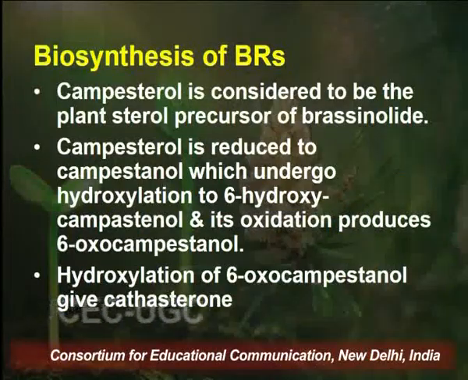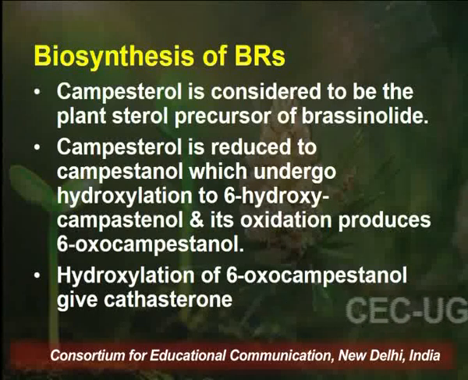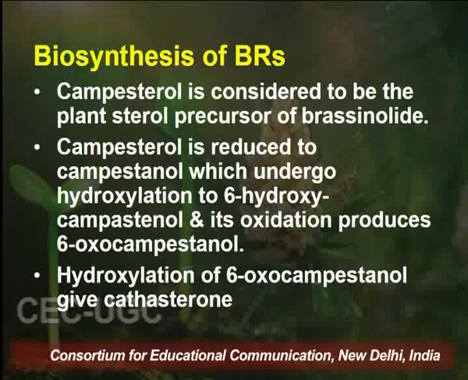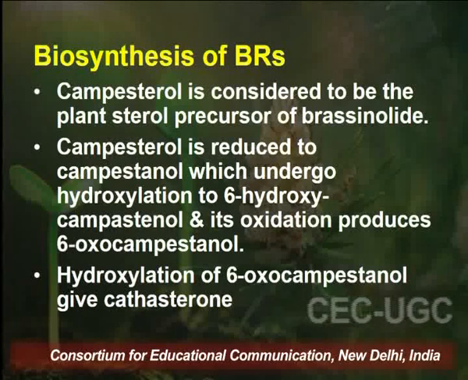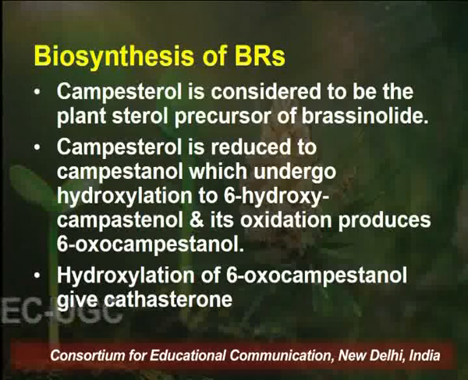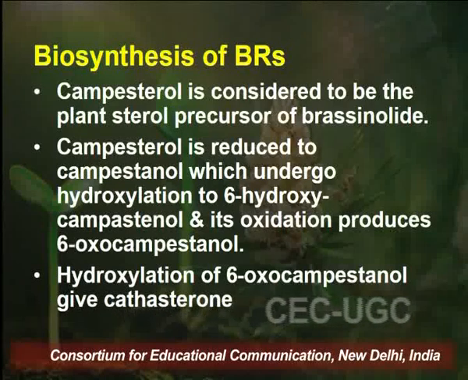Now campesterol has been considered as the precursor of brassinolides or brassinosteroids. Though campesterol is considered as the precursor, it all starts with the mevalonic acid pathway. Mevalonate goes through a series of steps and gets converted into squalene, squalene gets converted into cycloartenol, cycloartenol through numerous steps gets converted into campesterol, and campesterol is then reduced to another compound known as campestenol, which undergoes hydroxylation